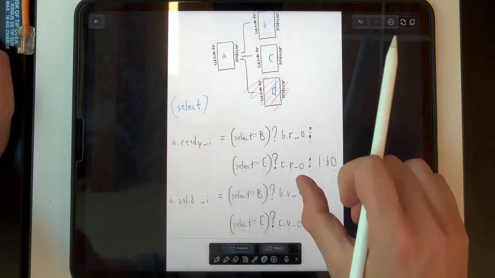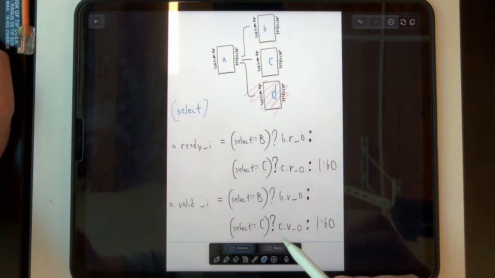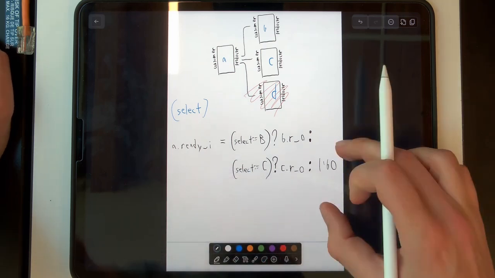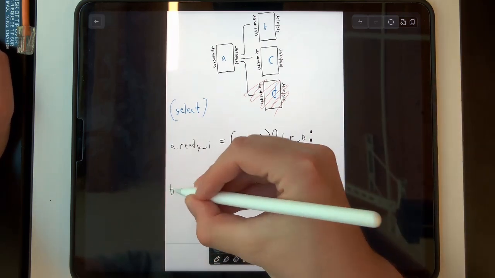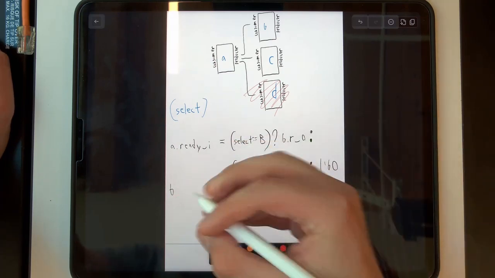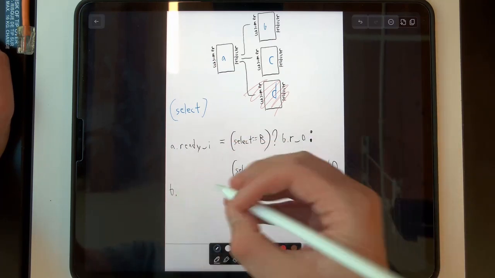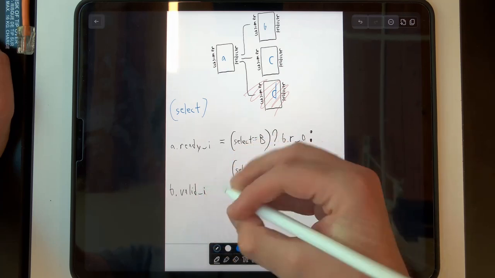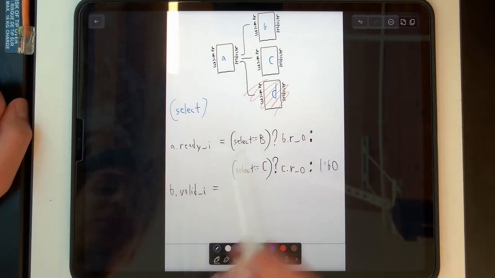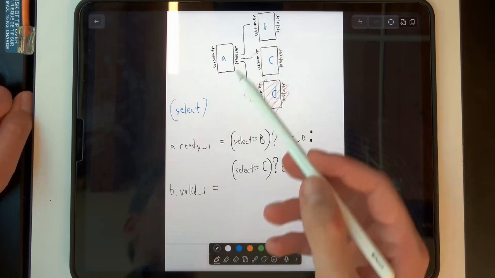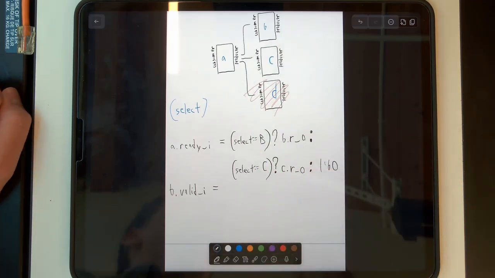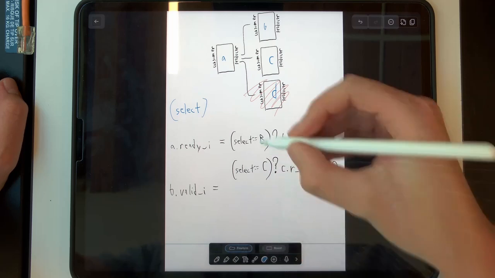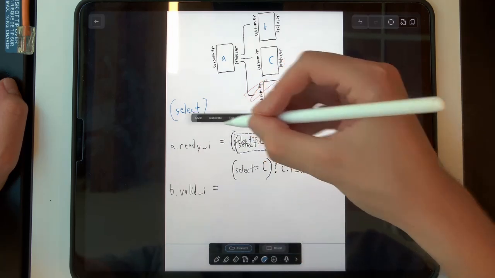So, are we trying to select which of B and C we're sending data to? Good job. Okay, so yeah, you're right. So we have B valid I, and the question is when do we set this to 1? We set it to 1 when select B is activated,